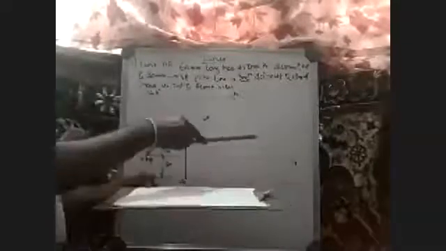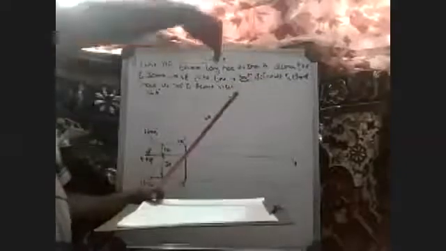Now observe: 20 mm above HP, 30 mm in front of VP, 40 degrees to HP. This is what you are seeing from the front. How are you able to see it from the top? When I torch a light from the top, what do you see? This end will go straight down, and this end also will go straight down. So that image, whatever you are going to see, I have to draw.